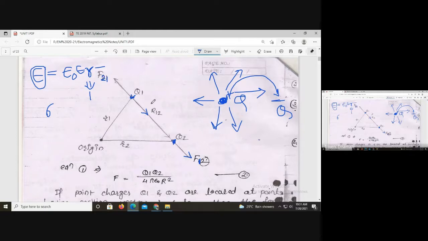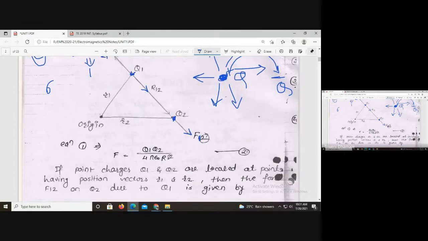Now, as per this formula, this capital R is the distance between the q1 and q2. But the distance between charge q1 and q2 is a scalar quantity, simple distance. It is the vector that denotes which force you are considering, from q1 to q2 or q2 to q1. Okay, now here